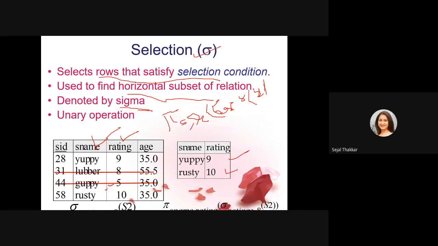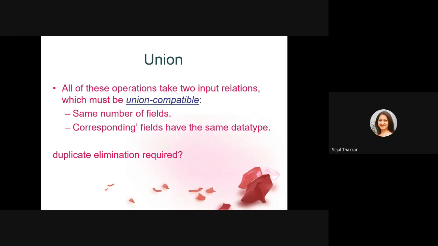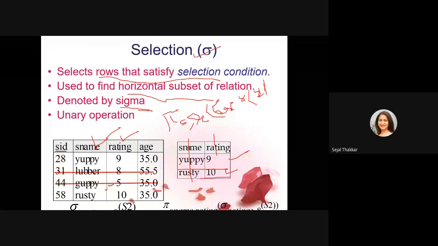You can see here, project SNAME and rating. So only these 2 columns you are projecting. But for this column, you are again giving the condition, those whose ratings are greater than 8. So this SID and age column will be removed, and these 2 columns SNAME and rating will come. Again, for that particular rating, those whose rating is greater than 8 will only come. Right? Now you have to reply me.